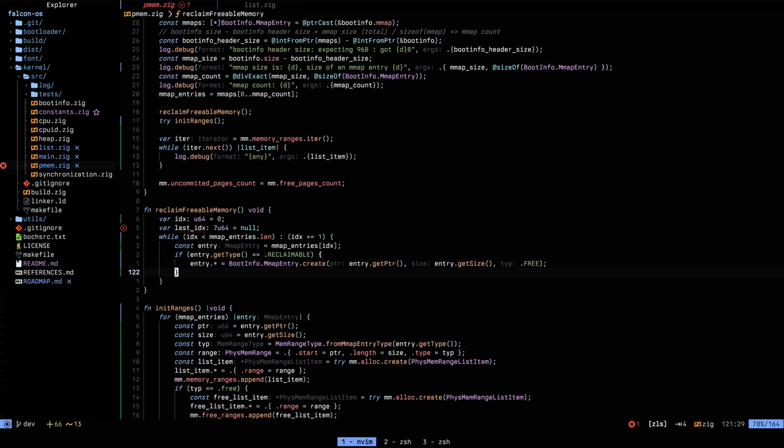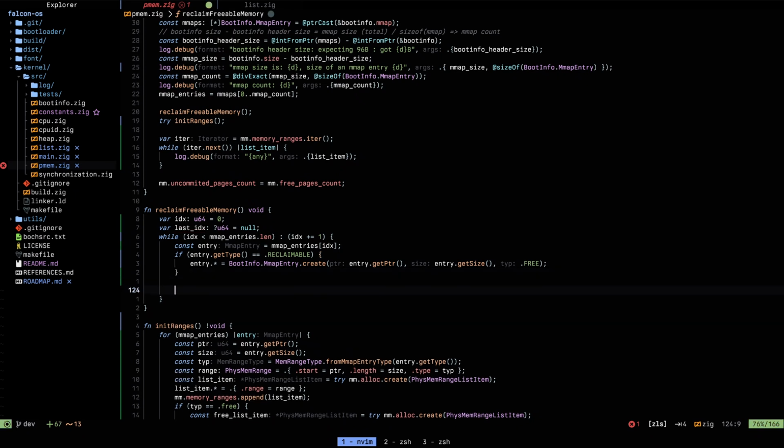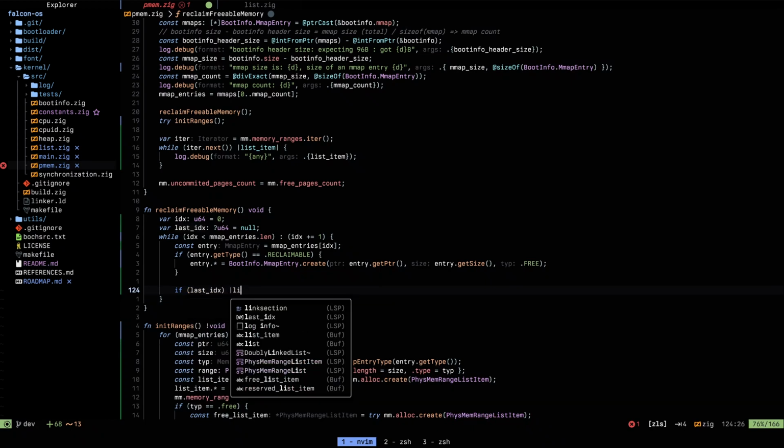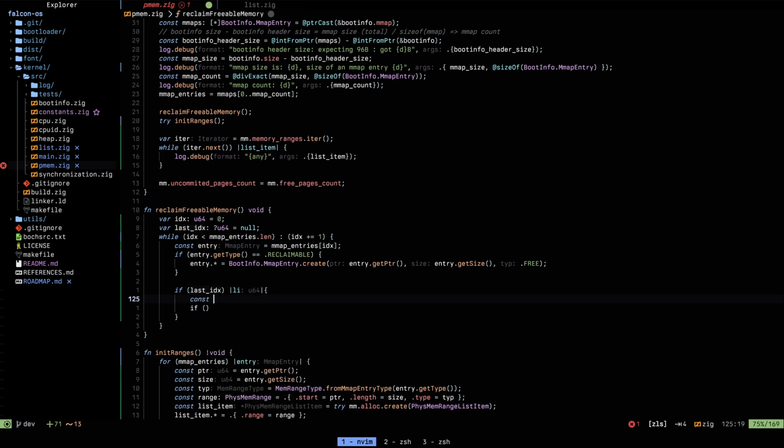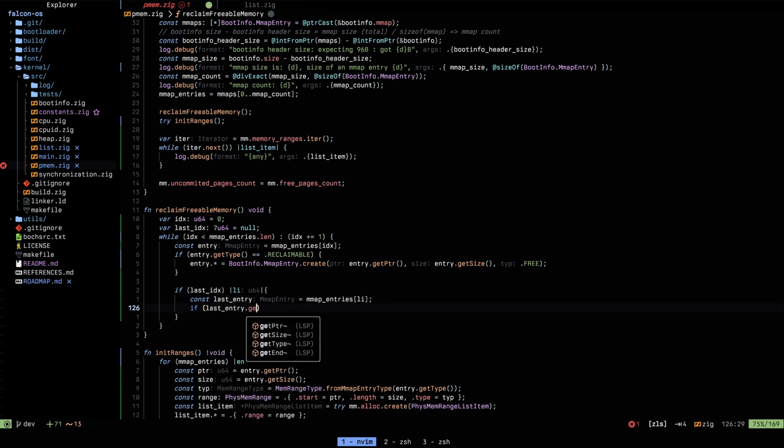And in either case, if last index as li, and if, so let's call it last entry is map entries at li. So if last entry dot get